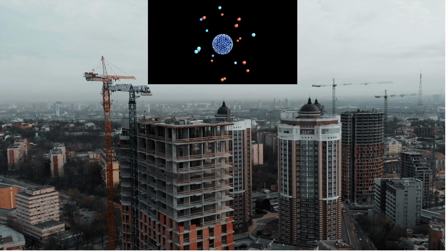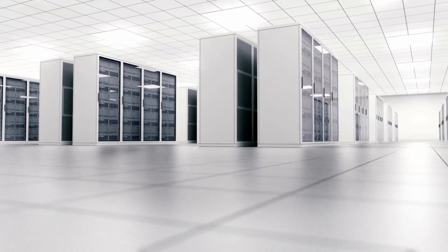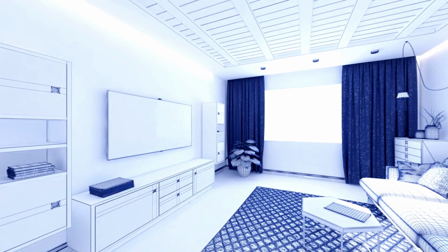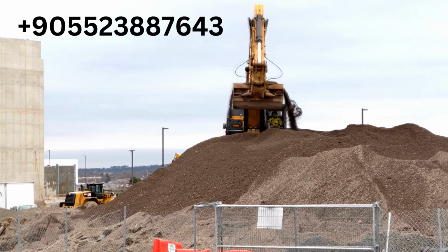various settings, such as residential, commercial, and industrial environments. It helps in determining the appropriate placement and coverage of EAO modules, as well as integrating the system into building automation for centralized control and monitoring. Collaboration between these fields facilitates the development of efficient and effective EAO systems that provide long-term protection against rust, corrosion,